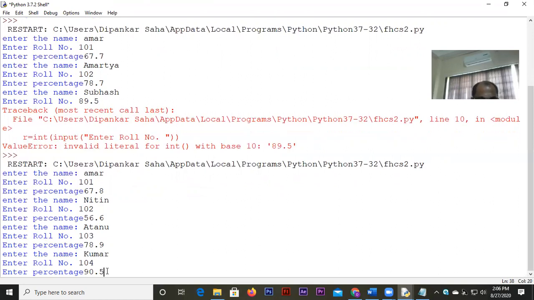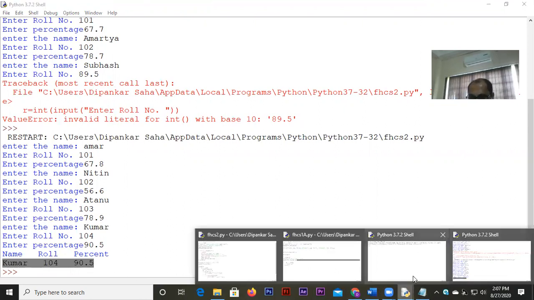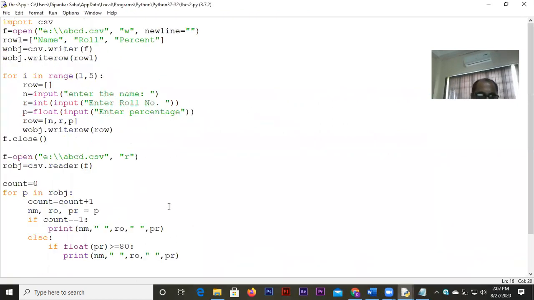So look at this here. Only one person is scoring more than 80%, right? So look at this. Only this person's name has been displayed. Okay, because my job was to find out who all got more than 80%, and to display that respective message. So in doing so, look at what I have done.